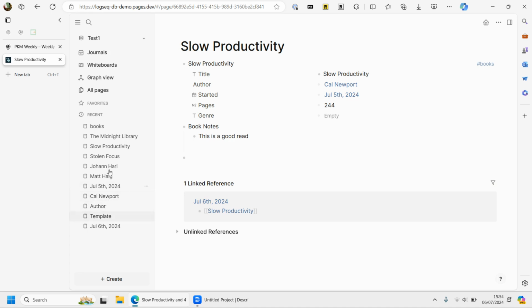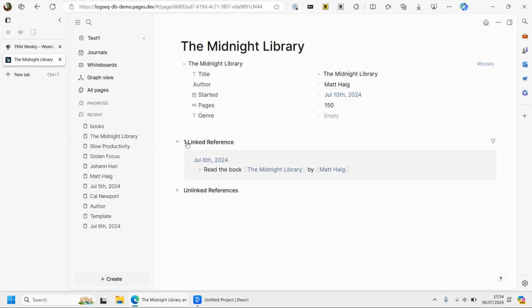Genre started. What was the other book? Stop Productivity, Midnight Library, and